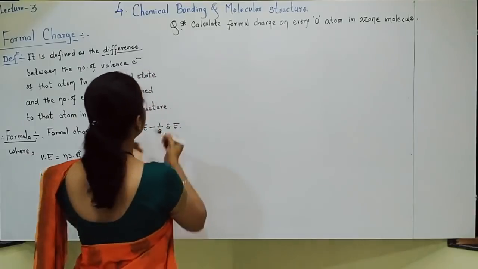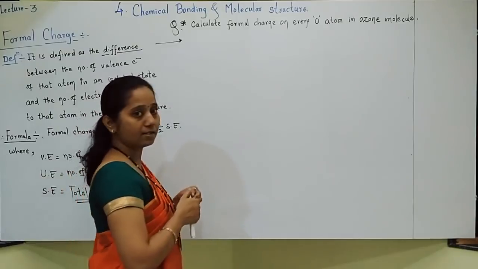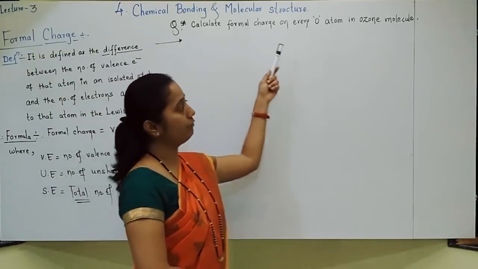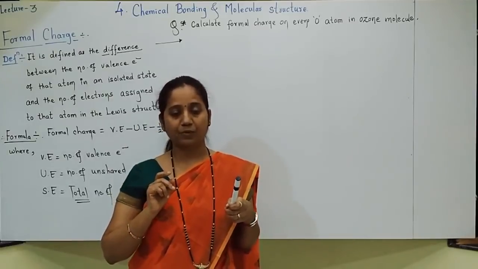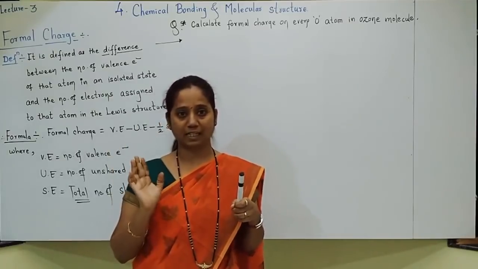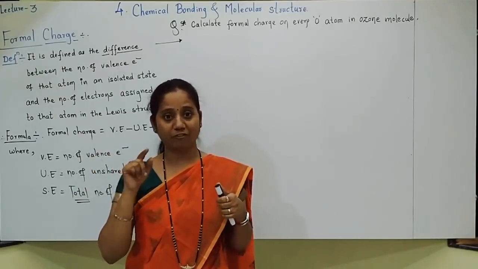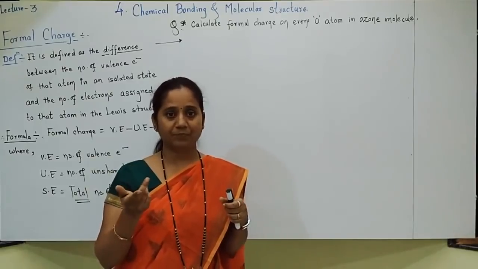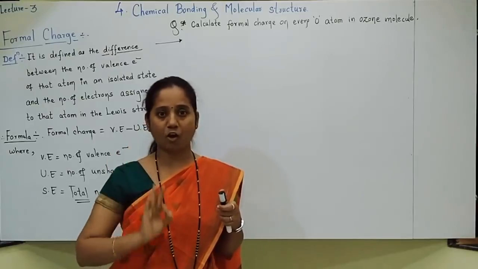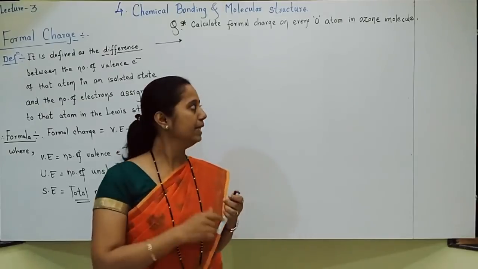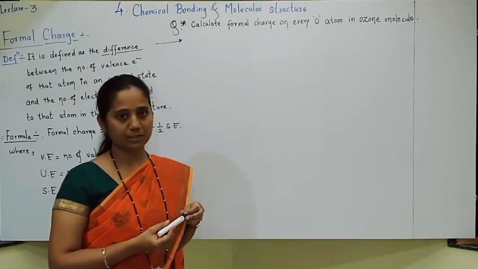So students, first understand the question. What question will be asked? Calculate the formal charge on every oxygen atom. You should not calculate for only one oxygen atom. You will say that madam, all will be oxygens only. But the formal charge on every oxygen atom will be different. So you should calculate the formal charge on every one, meaning total 3 oxygen atoms in ozone. Let us see the structure before we start the calculation of formal charge.